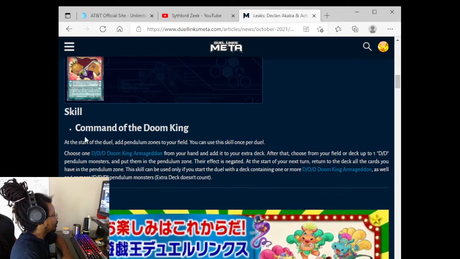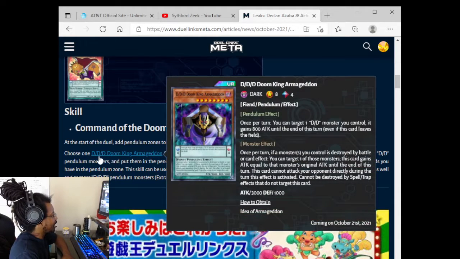Okay. So, skill: Command of the Doom King. At the start of the duel, add Pendulum Zones to your field. You can use the skill once per duel. Choose one DDD Doom King Armageddon from your hand. Okay, so no, I take it back. This is actually